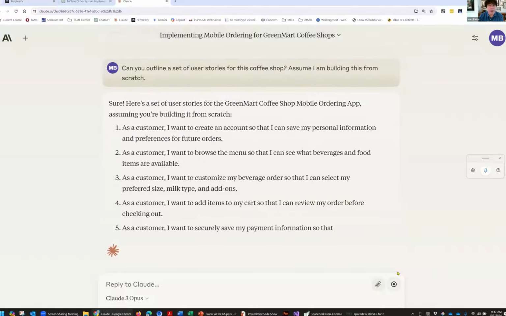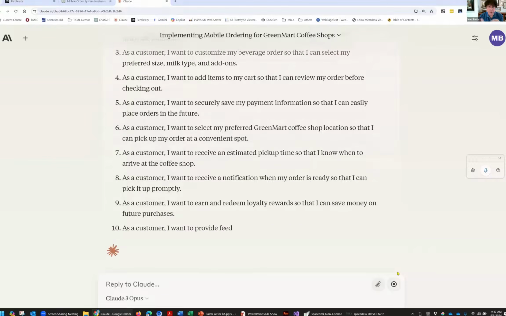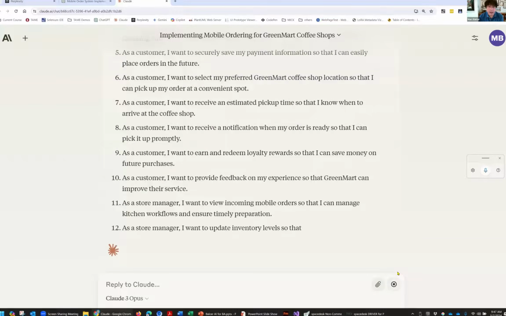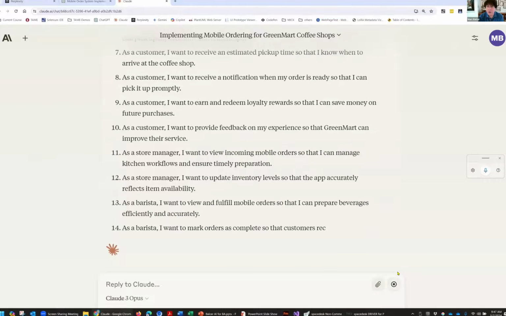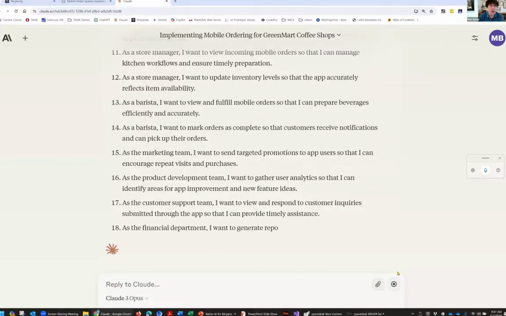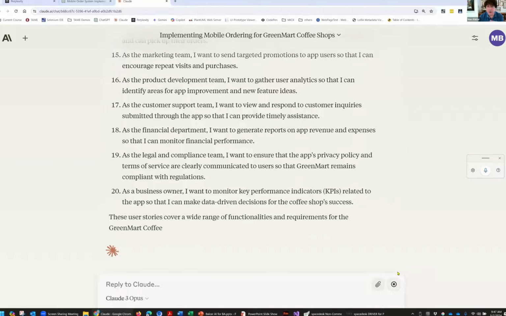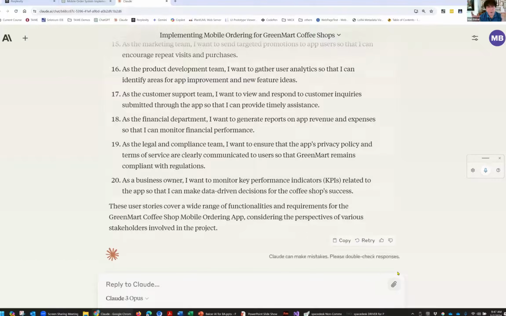Now, one of the things about the way that we create user stories is that the user story creation that you're seeing here is based on, I guess what we would say is, the generally understood knowledge that the agents have based on their training data. In other words, if you say, well, we don't write user stories this way, we write them differently,